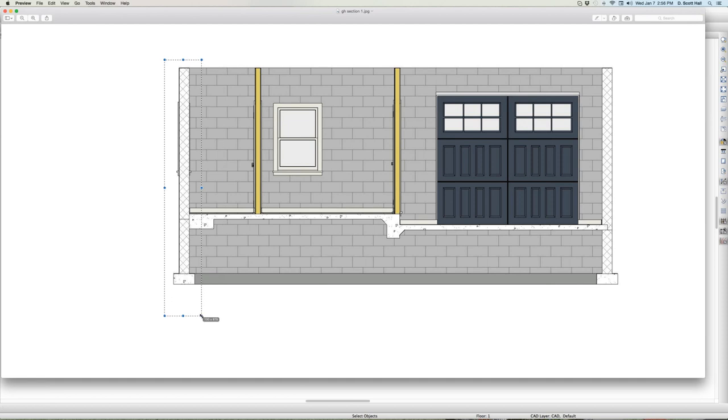That is a wall, and I can adjust that footing height independent of the slab, because you see right here there's a slab, don't you? And I could